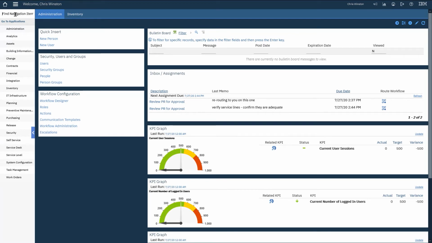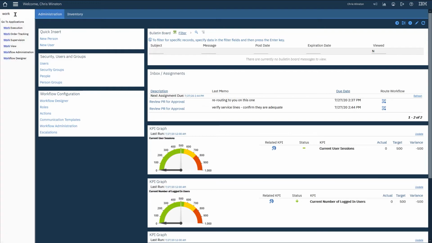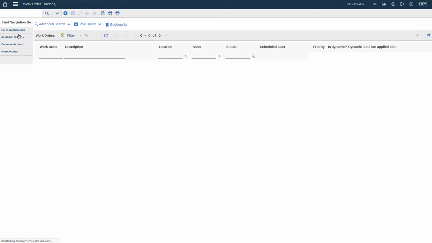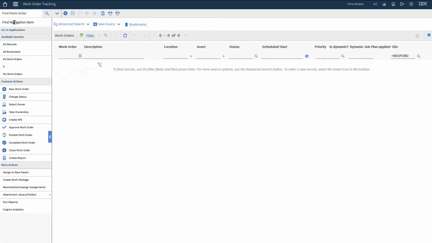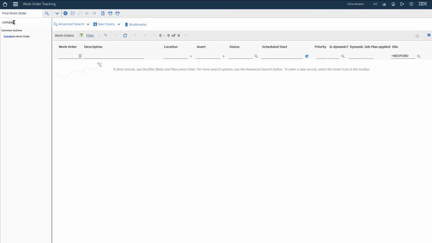And let's just try work orders. So work should do it. So this will allow you to get to an application. And more importantly, in the find navigation item, when you're in an application, you also have access to those things in the side navigation that your security rights allow. So whatever security rights allow you in terms of modules and applications, as well as access inside an application, you have access to here. So if you don't remember where completing a work order is, you can type in something of it,